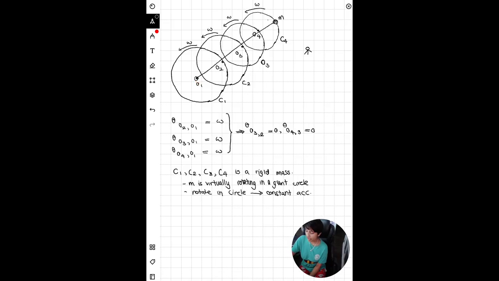And if m is moving in a circular path, that means that its acceleration has constant magnitude, as we know that when moving in a circle at constant angular velocity the acceleration is constant and always towards the center, meaning that the acceleration magnitude must be constant, and in this case, this would have been answer A,